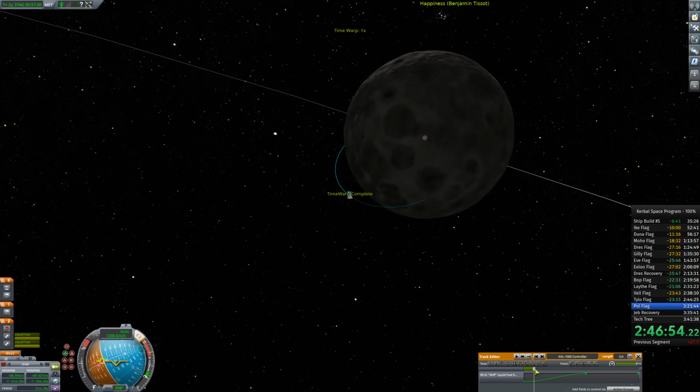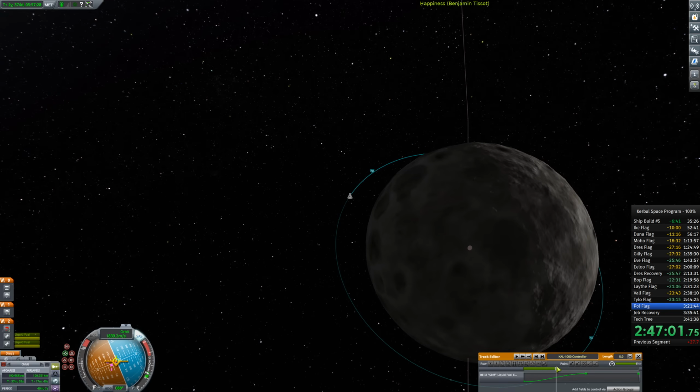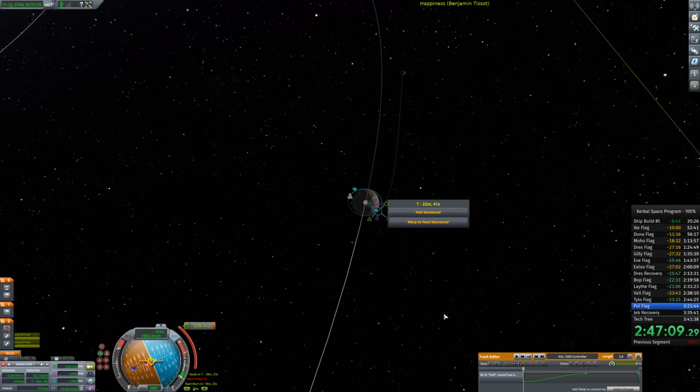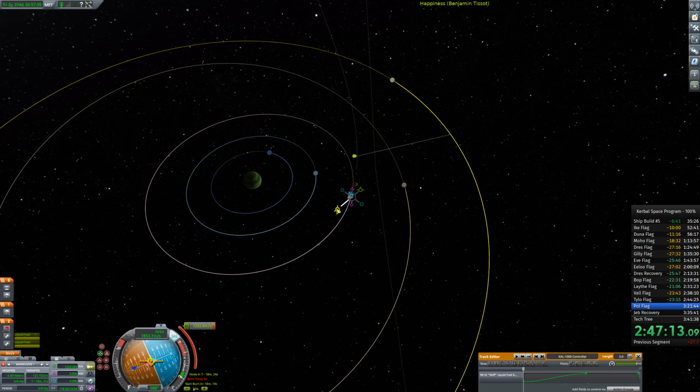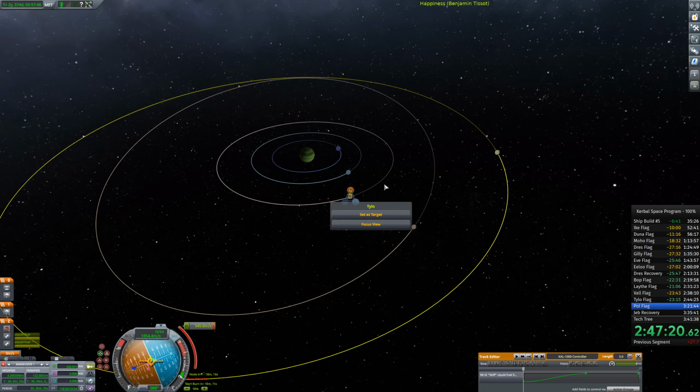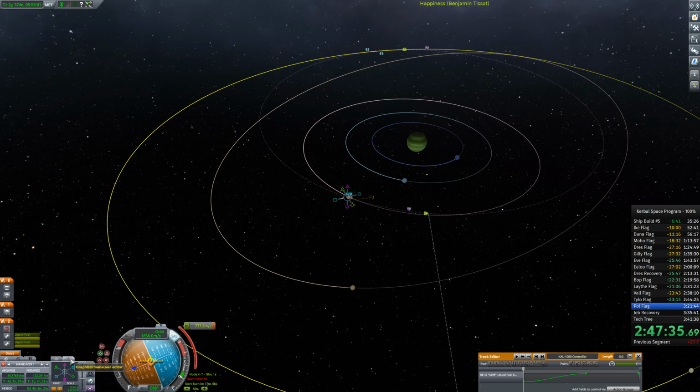Fix this orbit. Okay. So this is definitely one I need a maneuver node for. There's no way I would attempt this without a maneuver node. I have a terrible time. That's just too sensitive. Okay, well that's not bad. Oh, wrong way. Okay, so